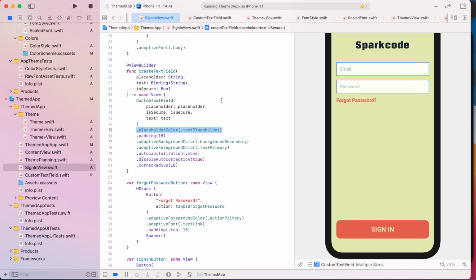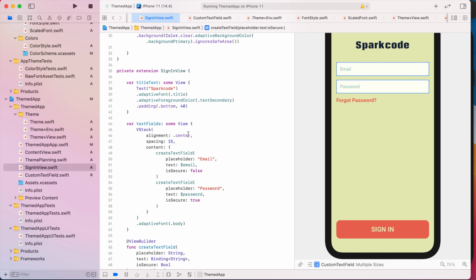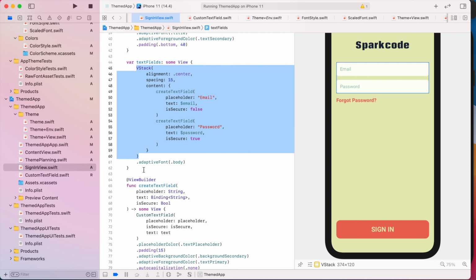And one of the benefits of this is when you have multiple views, like in a VStack. So since fonts are set by the environment, we're able to set multiple elements at once. So instead of having to do